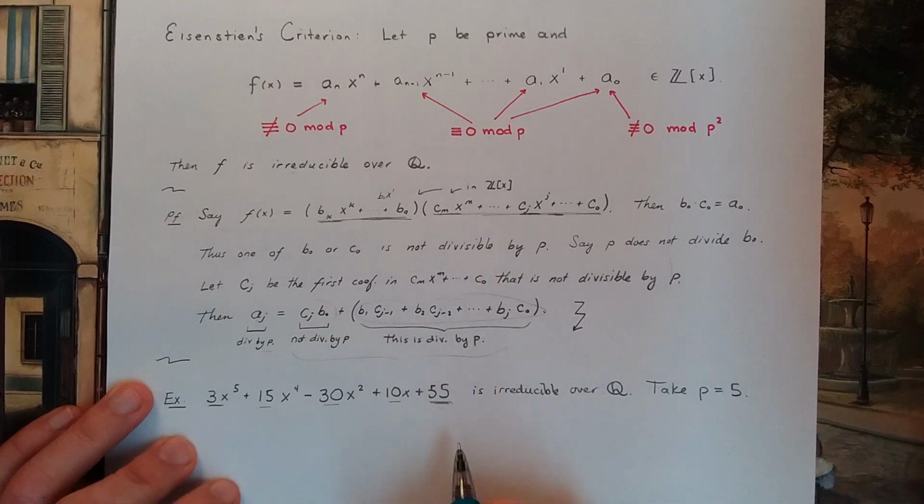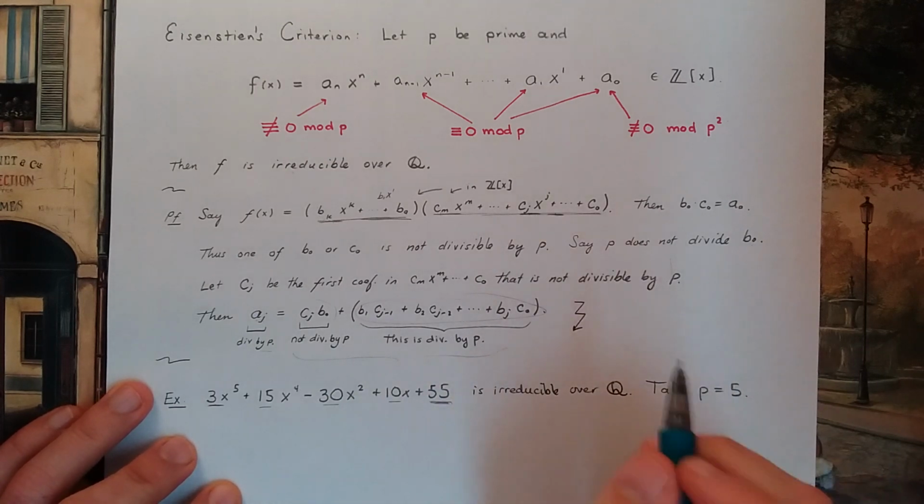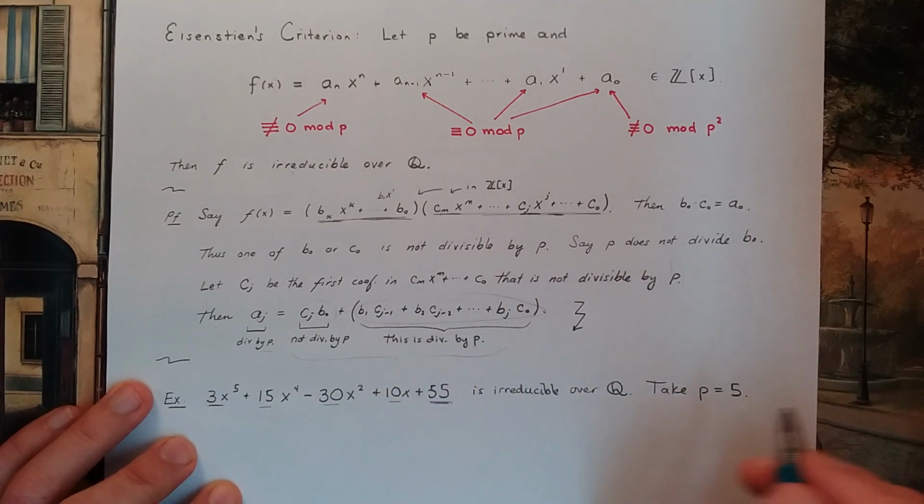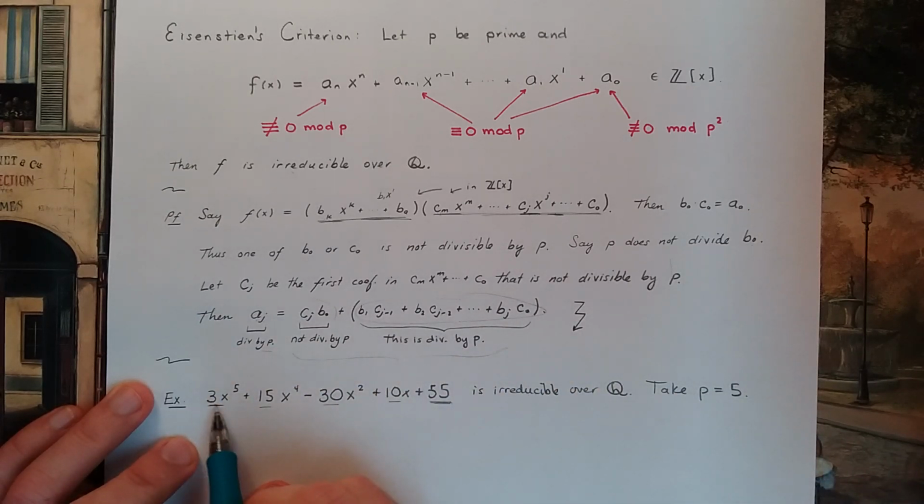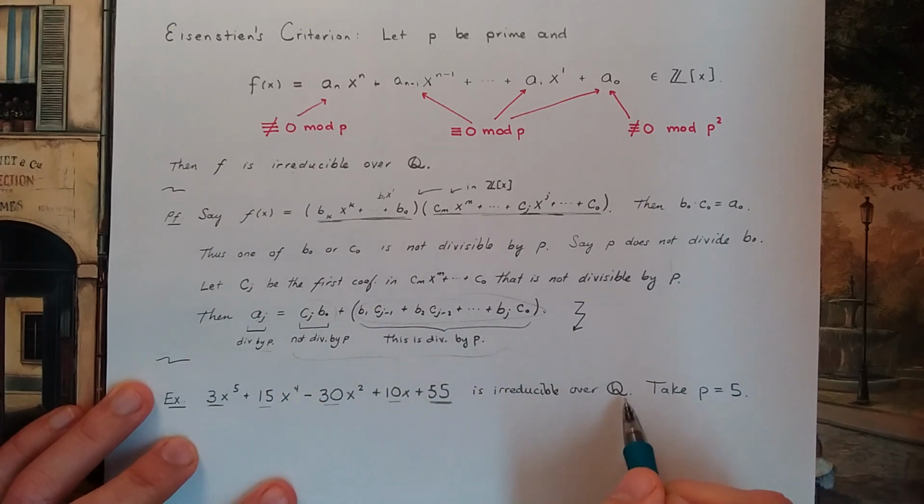So I think that's it. I'm done. I proved kind of an amazing result that this polynomial cannot be factored over the rational numbers. All right,